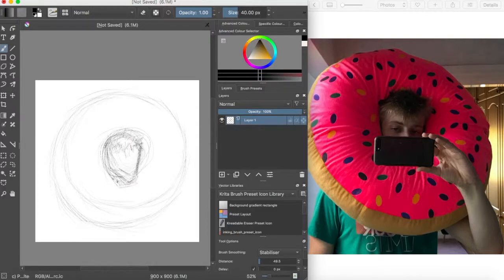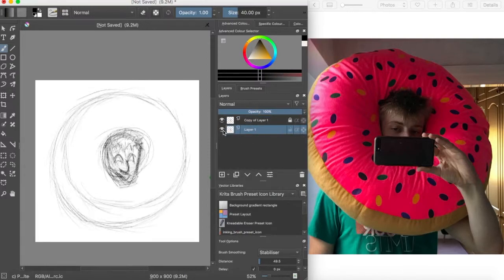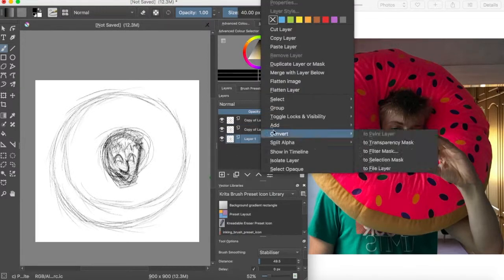I started with the face, adding hair, eyes, nose and everything, and then once I thought I actually had the fundamentals of what I want it to become, I started to create a new layer,